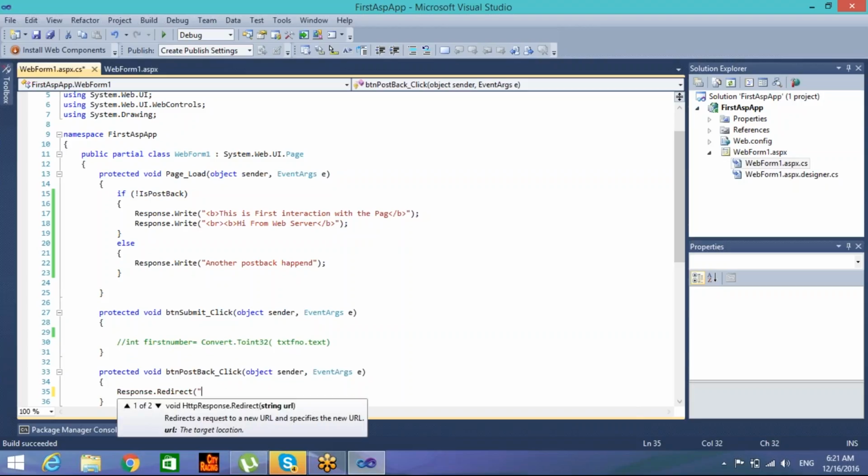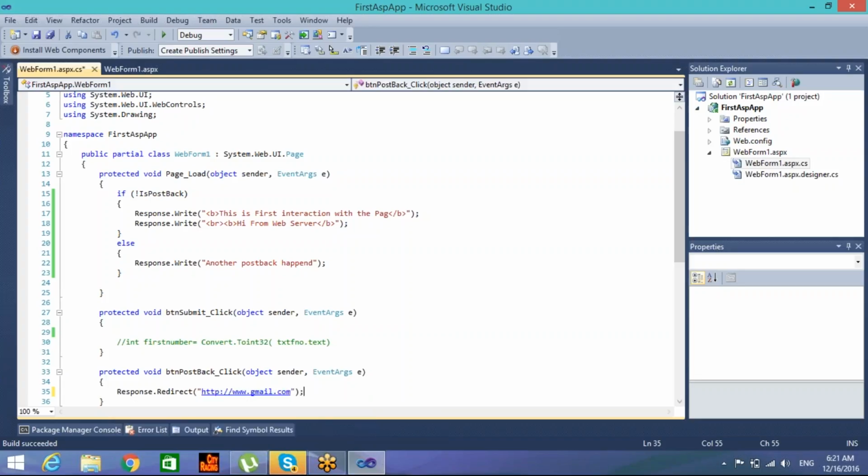If I say http://www.gmail.com, as soon as I click on this button, response dot redirect will redirect you to the gmail.com website. So if I run the application,